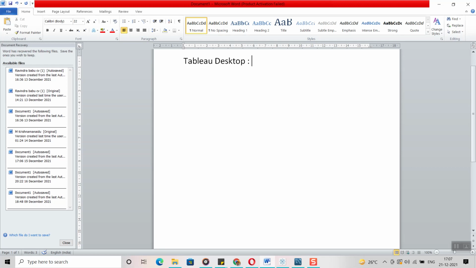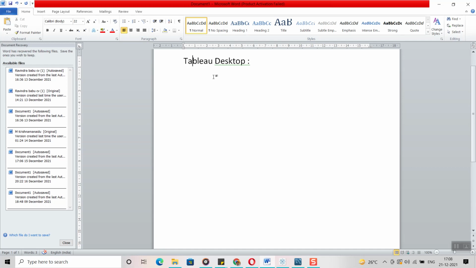By using Tableau Desktop, we connect to any kind of databases and bring in the required tables or views, either directly the tables or by writing custom SQL queries. We bring them into the Tableau environment and create visualizations. We can say Tableau Desktop is useful to create visualizations by connecting to different kinds of databases.